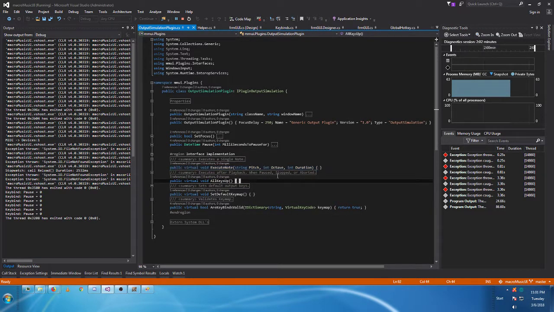All these other things are kind of just helper checkers, because this particular plugin is designed to simulate output, so it's basically a macro plugin. And then we also have the importers, which is a much larger